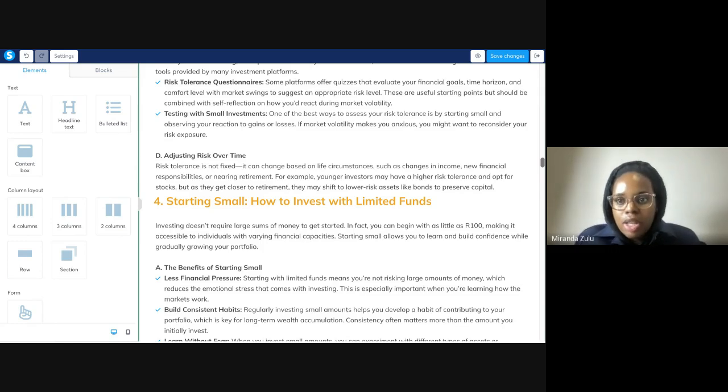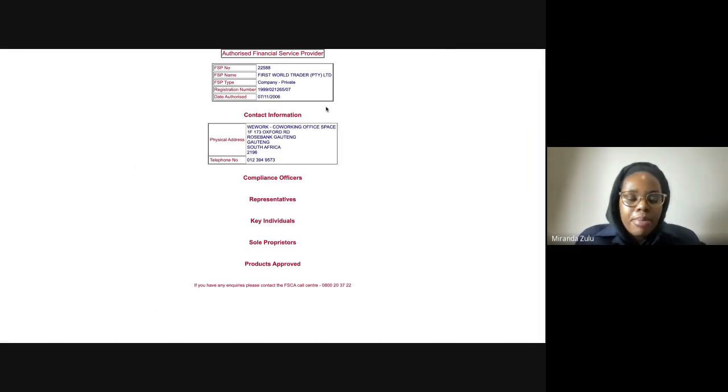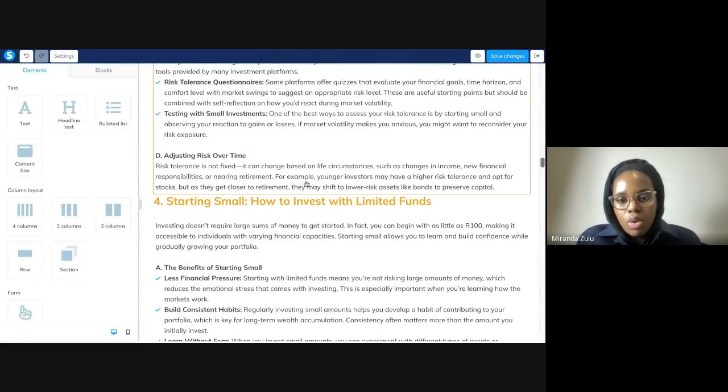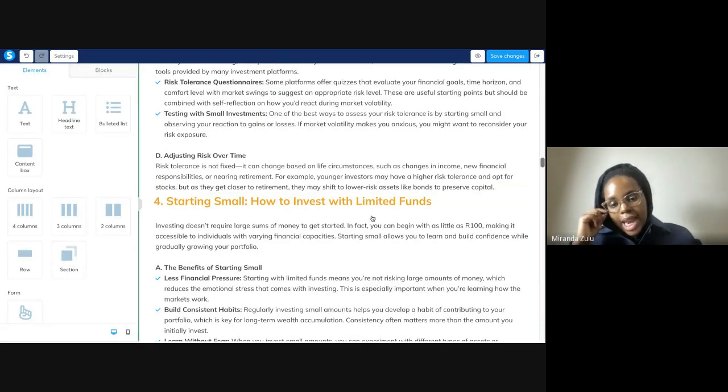And so the best way to check is to go through and do the authorization on FSCA. Sometimes you can even email FSCA directly to inquire about a company. Send them maybe the company website. I've seen instances where FSCA will either release a report or feedback to say, no, we don't know this company, it's not registered with us, to alert the public about that specific company because it is operating illegally, or they're not following the FSCA guidelines of how to structure an investment and all of that. So, yeah.